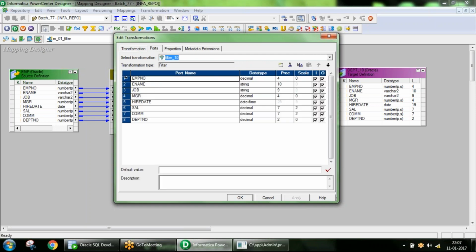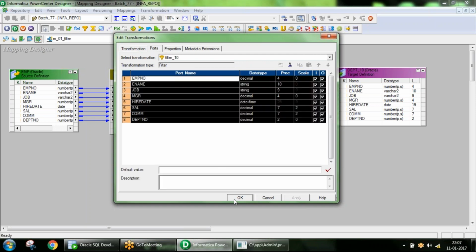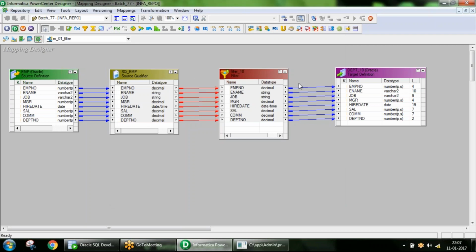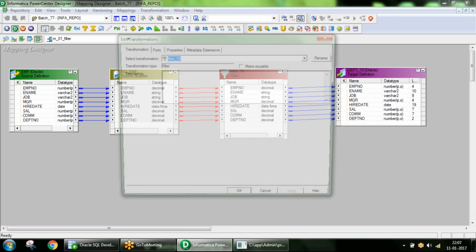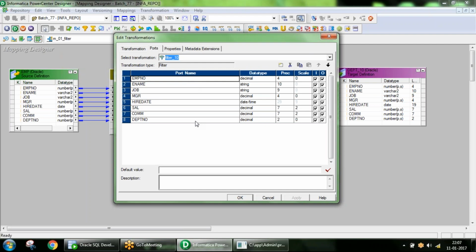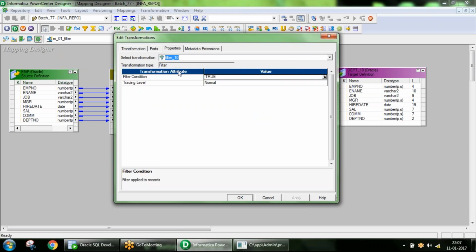Then these are the ports. All these ports we have connected from source qualifier to filter transformation. Now go to properties. There is a filter condition here, and by default it's true.